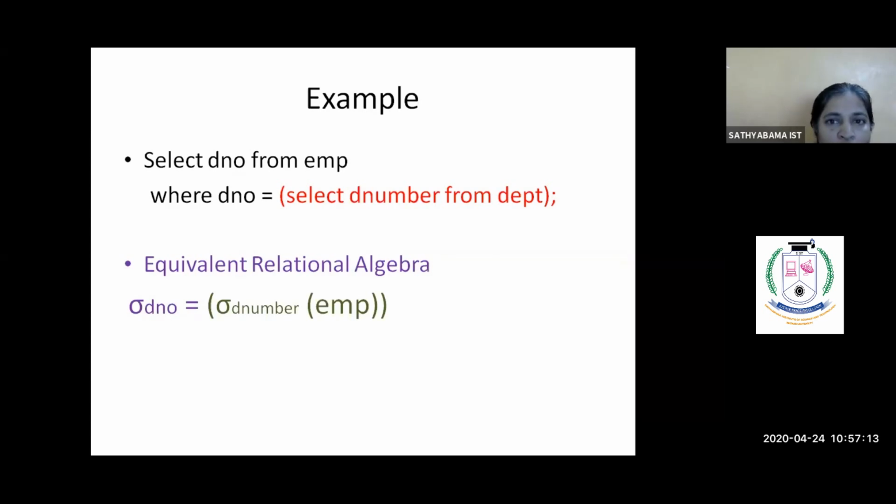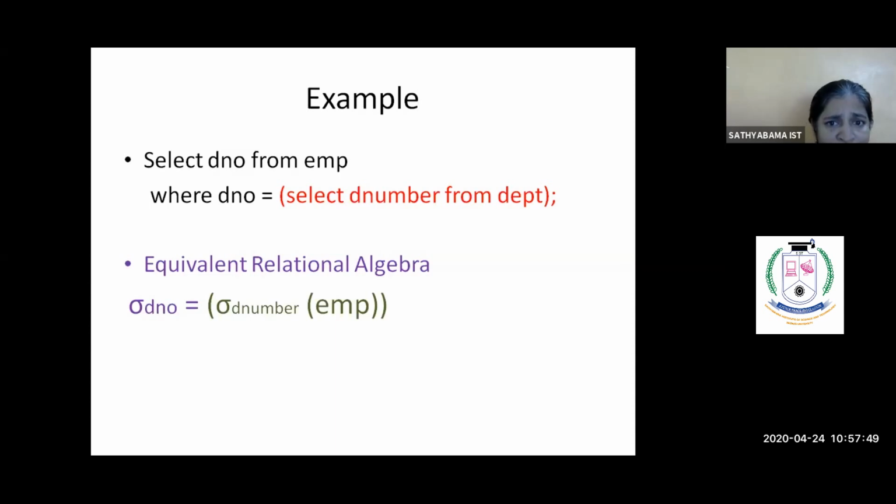You all know what a query is. For example, we are going to see this query: select department number from EMP where department number is equal to the inner query, given in red color. Here, the inner query will be executed first, then the result will be given as an input to the outer query. Initially, select D number from department. This is your inner query that will be executed first.